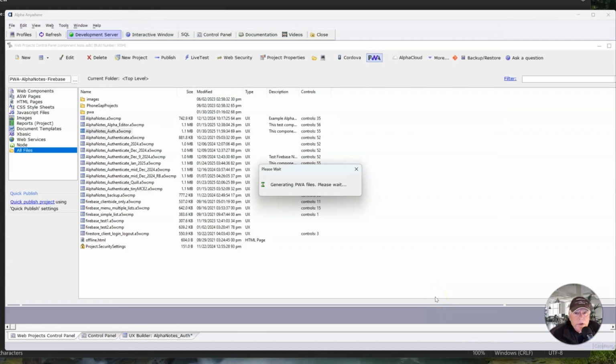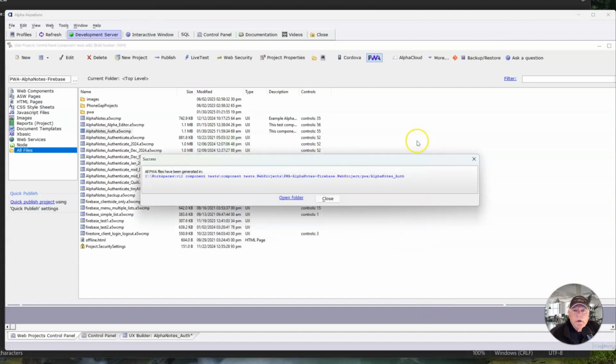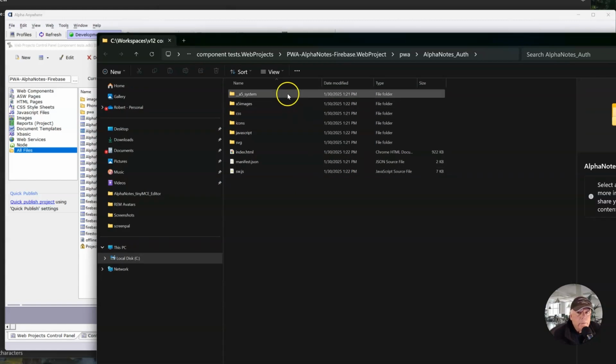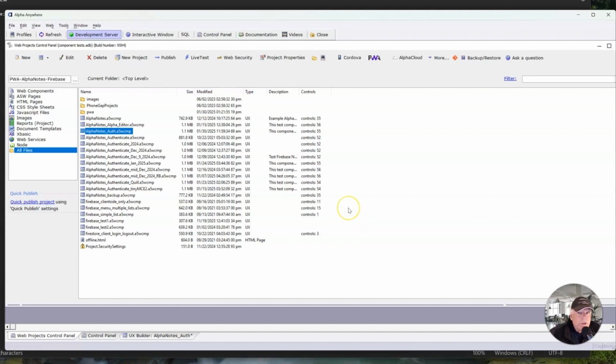It's going to generate the PWA files. That's okay. We can open the folder. Now, all these files right here could be published to any HTTPS server, and you'd be up and running. So it's quite simple to do. Let's go ahead and close that. If you want to test it out